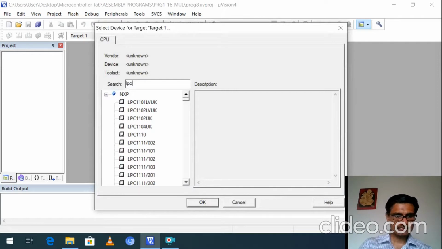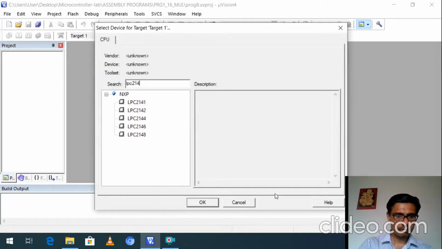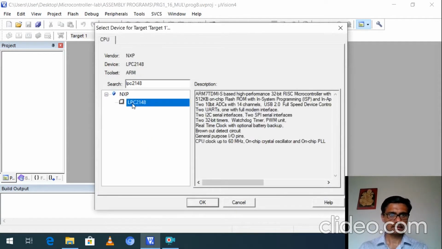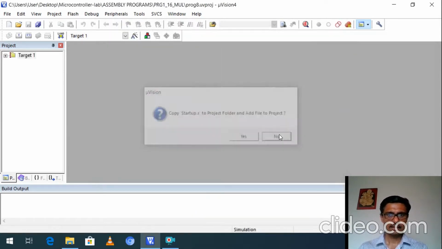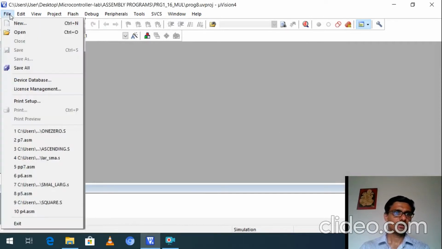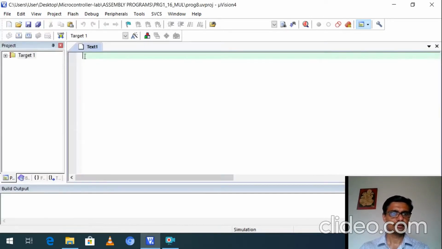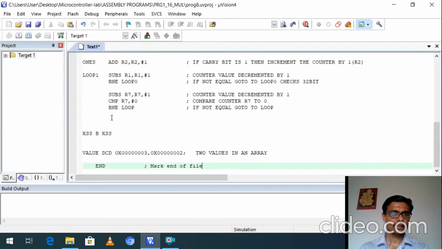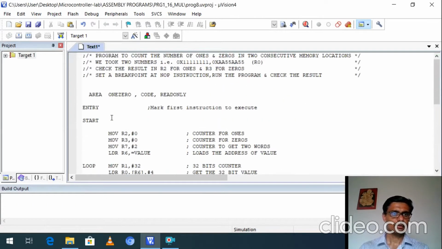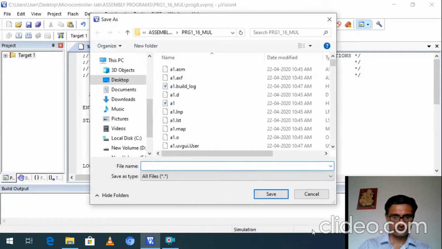Select the processor name LPC2148. Click on OK, click on No. Then create a new file. I already created it, just copy here. Save it, and I'll give the name pp8.asm, with .asm as the extension.